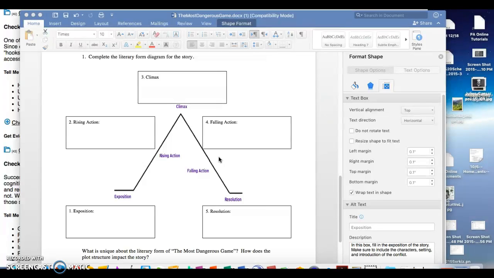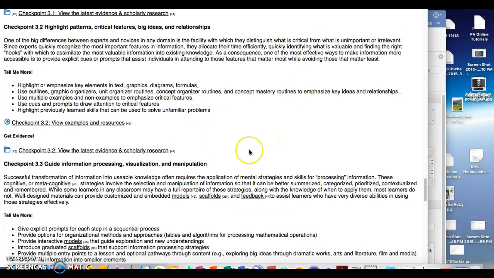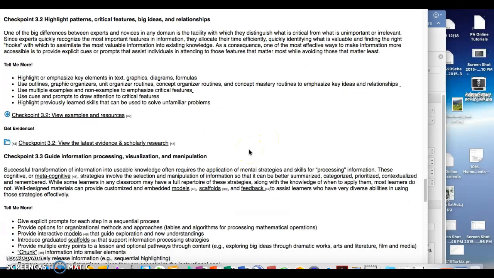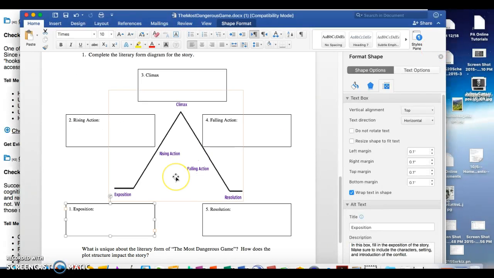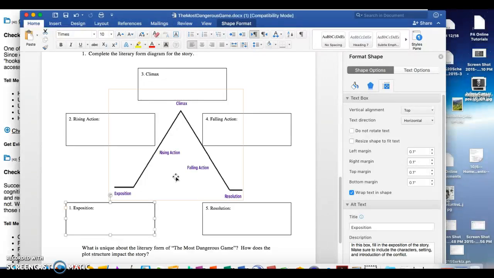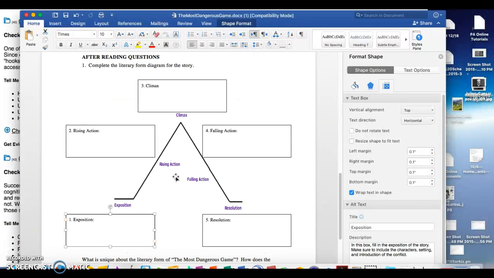organizer, which is something, going back to the principles from the Universal Design for Learning, the idea that I'm giving them a guide to highlight the critical features of the plot map. I have to make sure that it is as accessible as it could be in that Word document format, and I'm just not sure that's quite there yet. So that's another thing I really need to focus on as I'm evaluating the material,